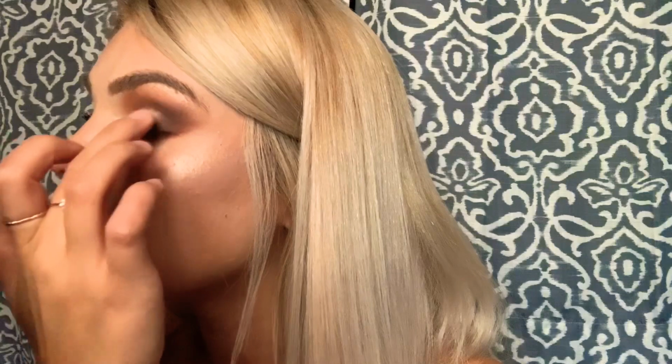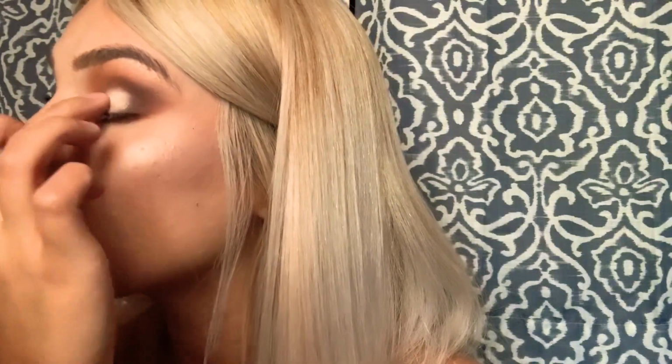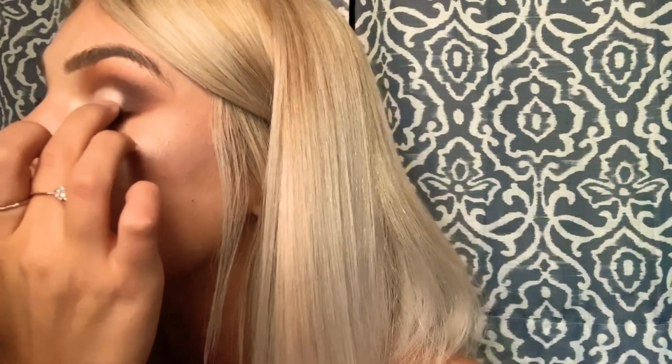What I usually do is I literally take my finger, and your girl has hit pan on this color. I've used it so many times. I'm gonna go in with Moon Dust. It's so pretty. And then I'm just gonna kind of going back in again. With the Moon Dust